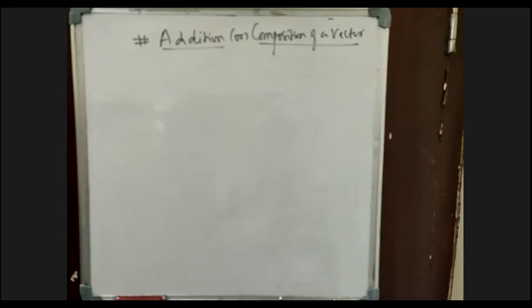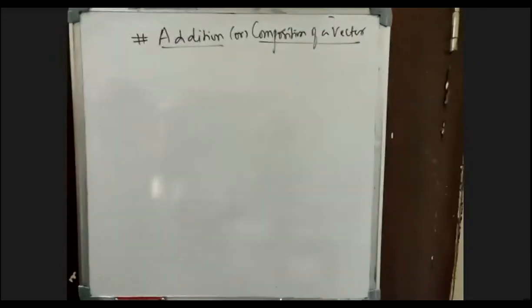I told you in the starting that if we are saying any physical quantity is a vector, it should obey the laws. What are the laws I told you? One is a triangle law, another one is a parallelogram law, another one is known as a polygonal law of vector addition. Along with magnitude and direction, if a quantity also obeys the vector properties of addition, that is nothing but triangle law or parallelogram law or polygonal law, then we say it is a vector quantity. That is what we are trying to discuss right now in detail. That is the addition or composition of your vector.